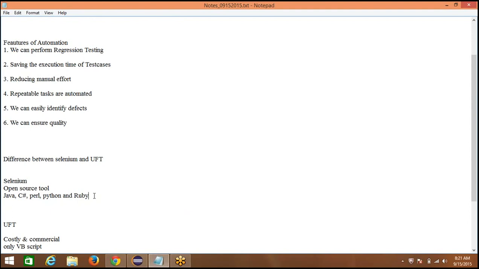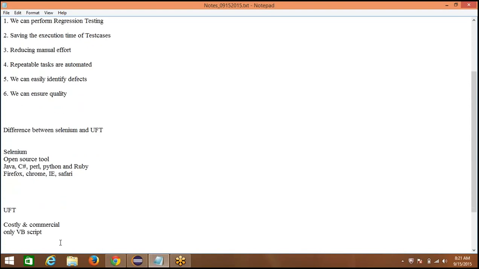And here, coming to the browser perspective, Selenium supports Firefox, Google Chrome, Internet Explorer, Safari, and somewhat Opera, like that. But whereas here, UFT supports only Internet Explorer and Firefox.